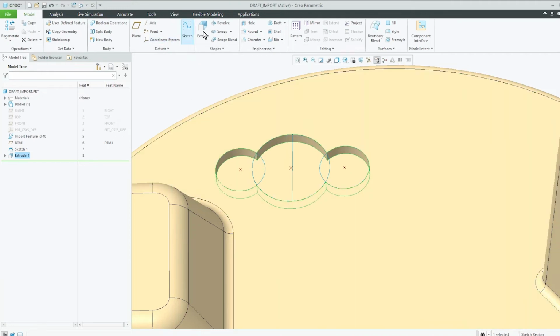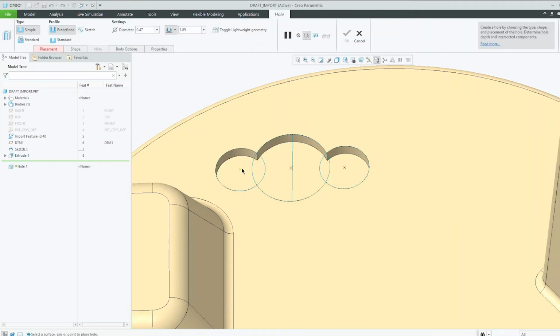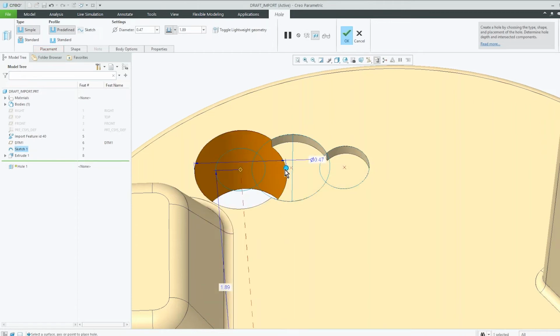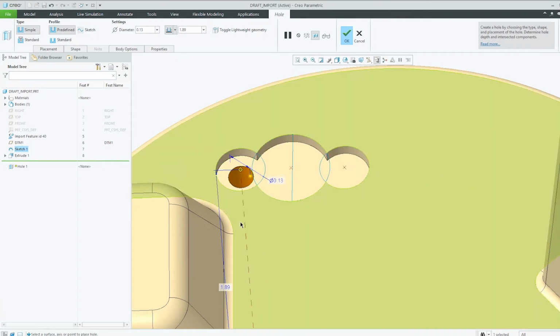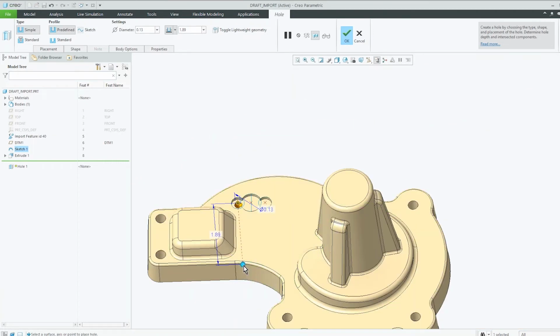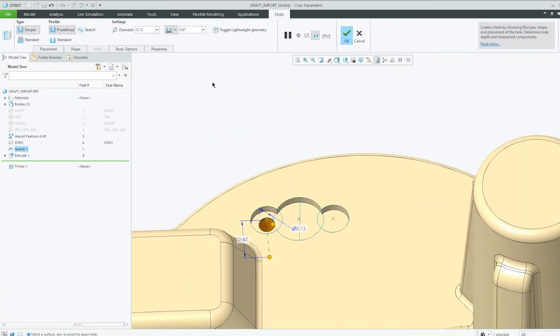I'm going to put in a hole. We can put it in that sketch point that I put in there. And it's just way too big. You notice the drag handle is real easy for me to see right there. And then the other one down below right here, specifying the depth, but let's make the depth maybe